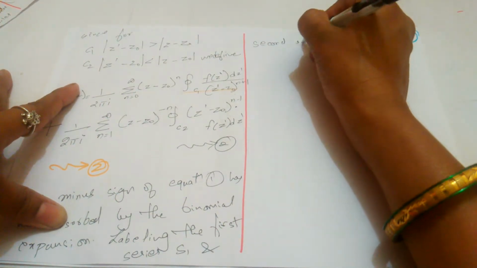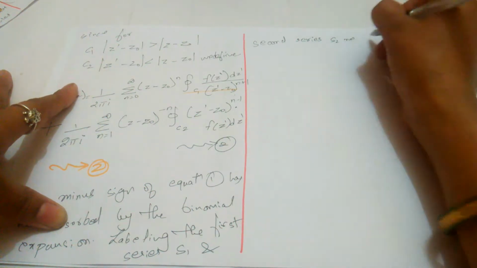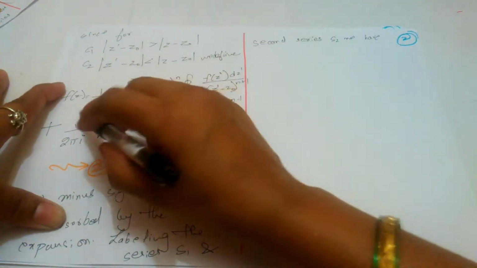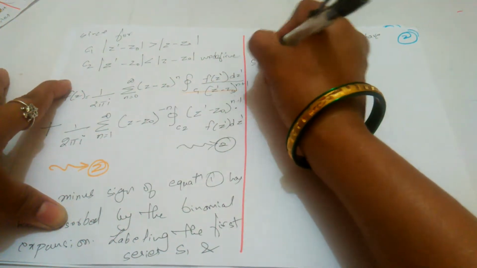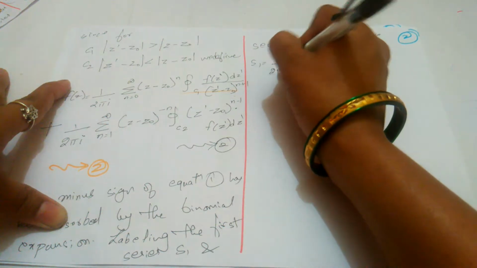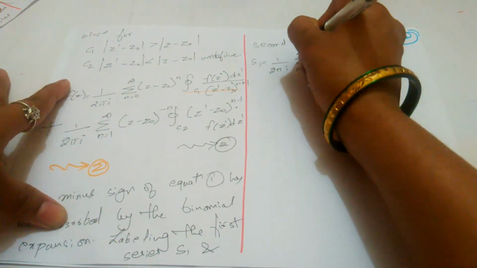Second series as S2. So let me write first, this one will be S1 and this will be S2. So S1 is equal to 1 upon 2 pi i, summation of n equals 0 to infinity,